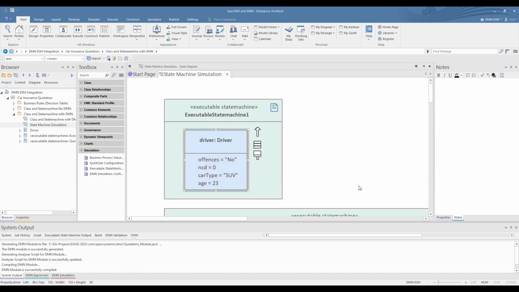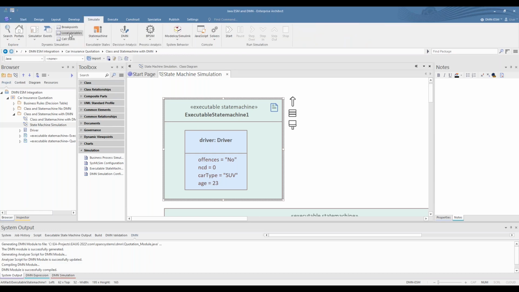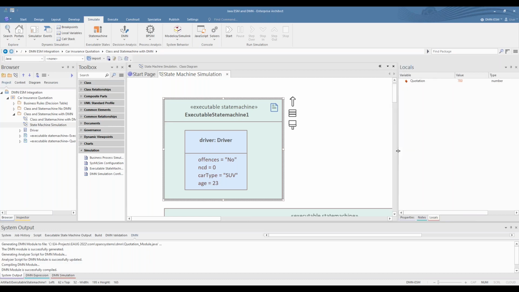So that is a test of one input for this decision table. So does it work? Well, let's find out. To prepare ourselves, what we need to do is go to the simulate ribbon and open up what are known as local variables. And you'll see this spring into action in a moment.